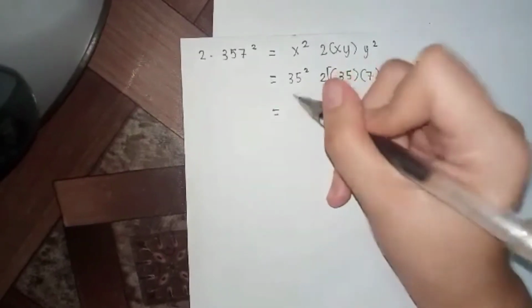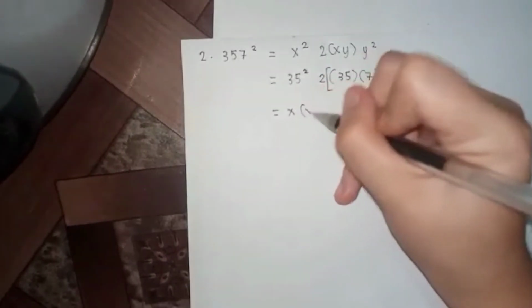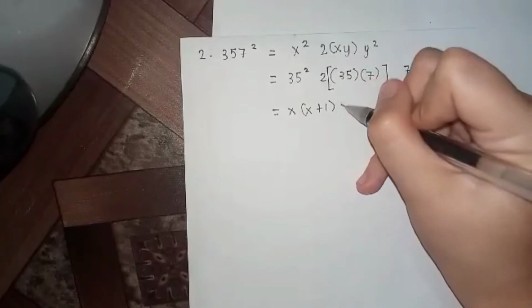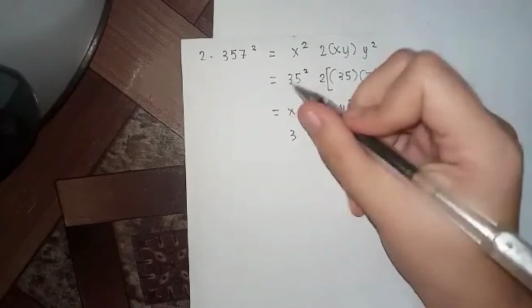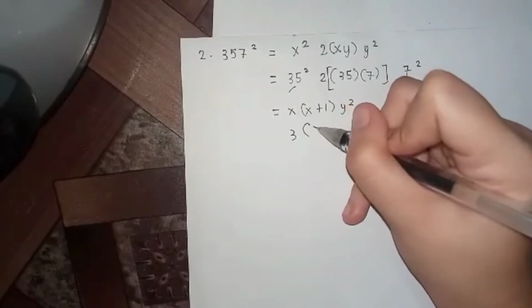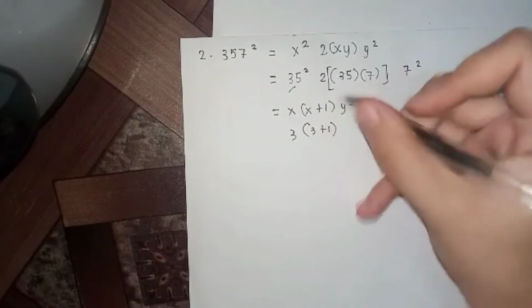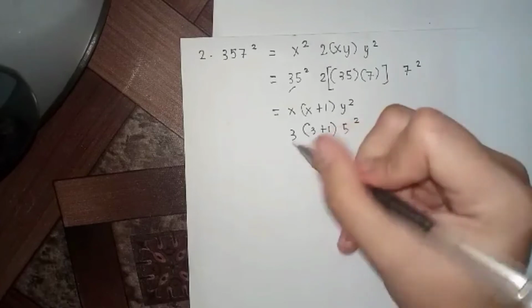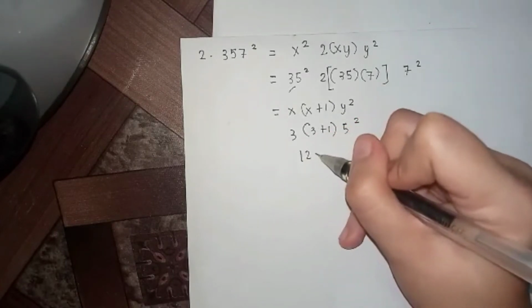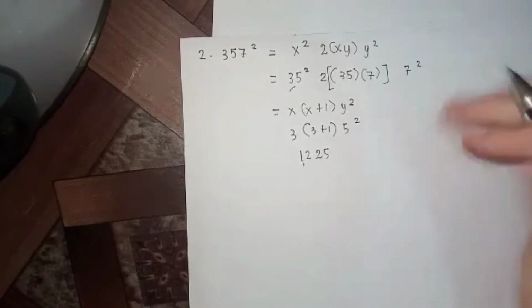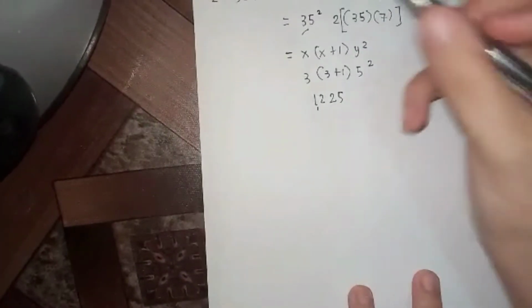So in this case, we can apply again the first conjecture. We have 3 is the x, 3 plus 1 and our y is 5. 3 plus 1 is 4 times 3 is 12. 5 squared is 25. So 35 squared is equal to